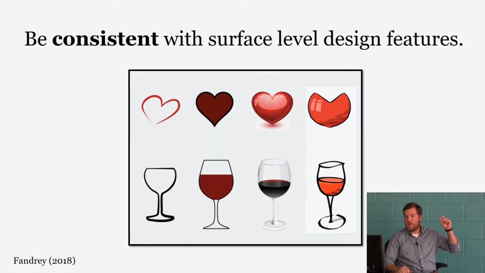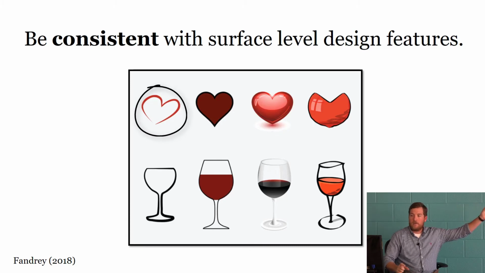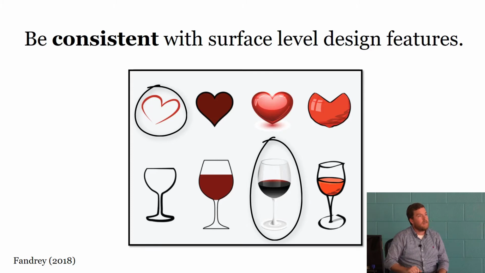So I wouldn't want to, say, use the top left heart with the wine glass that's second from the right, just because those surface level design features are very, very different. The heart is kind of more cartoonish, and then that wine glass looks very, very realistic. So if you're going to use the cartoonish stuff, then use it throughout. If you're going to use more realistic looking stuff, then use it throughout. If not,